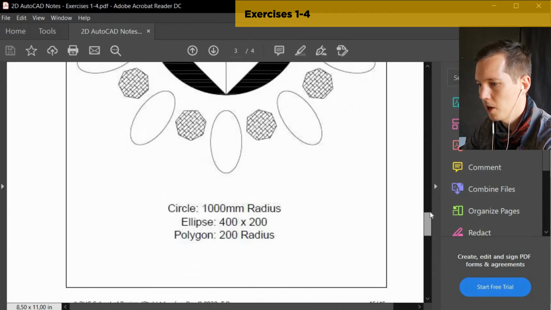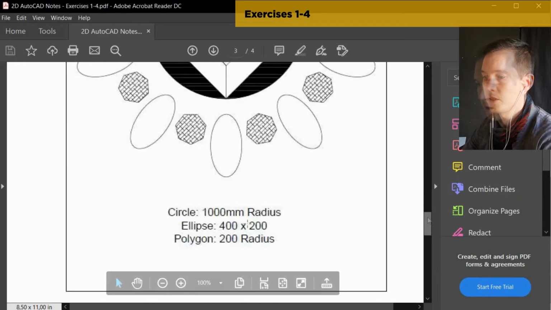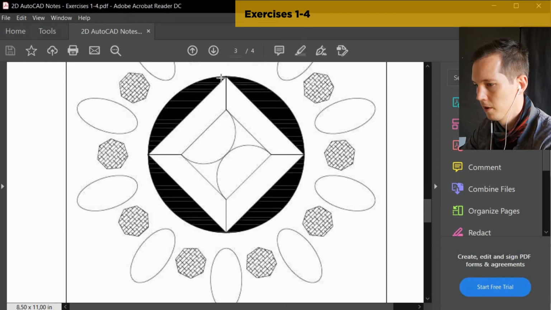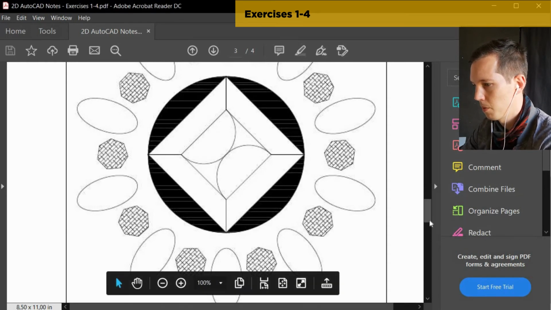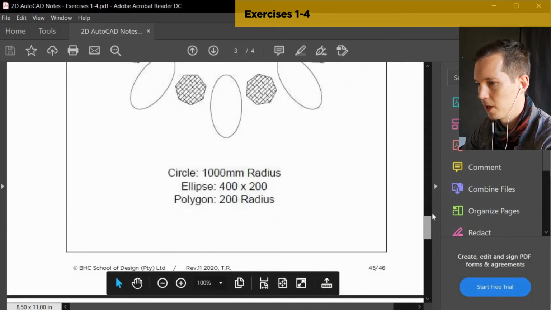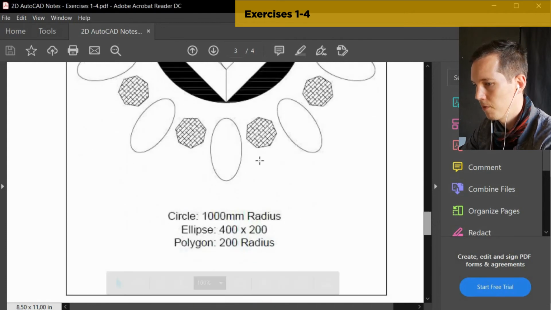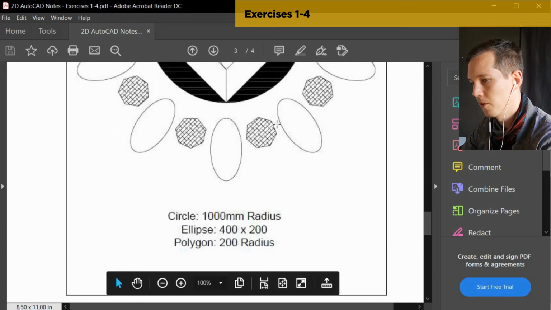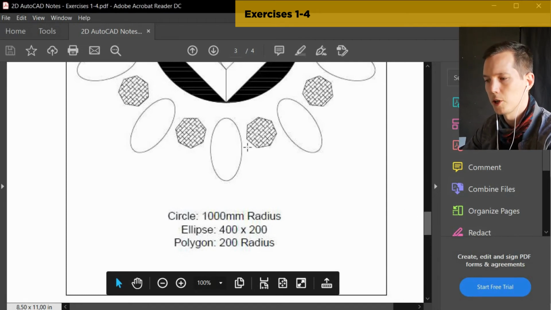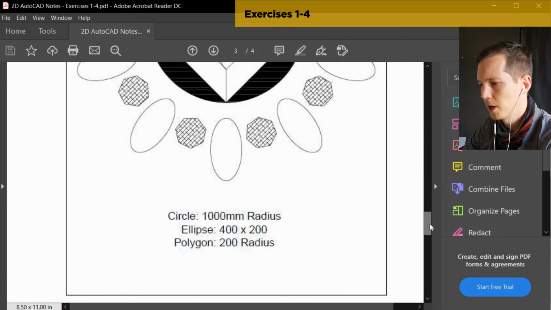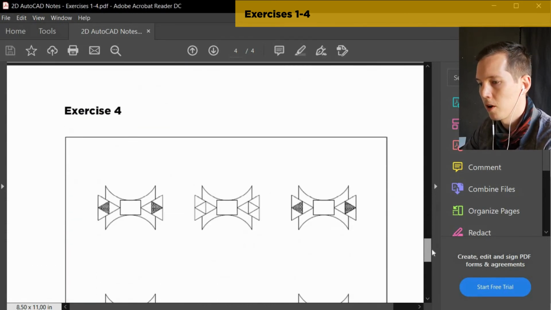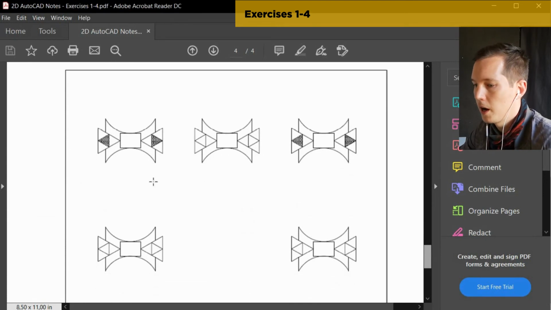That's exercise 3, and you need to draw it to this size: 1000 millimeter radius for the circle, which is this one here, the one that has these little black parts hatched. The ellipses are 400 by 200, which are these ones that go around the outside, and the polygon has a 200 radius. If it's inscribed or circumscribed, it's not really going to matter, but make sure that at least one of the measurements across the polygon is a 200 radius. And then the last one, exercise 4, which has these